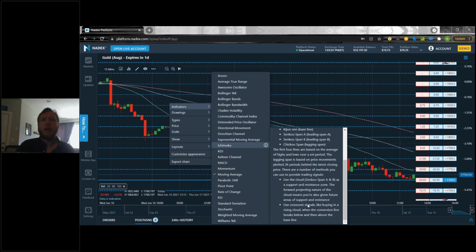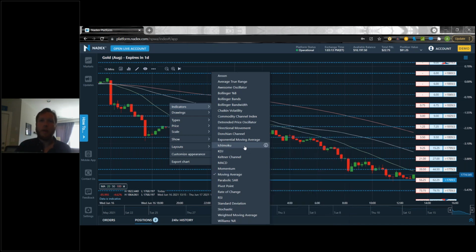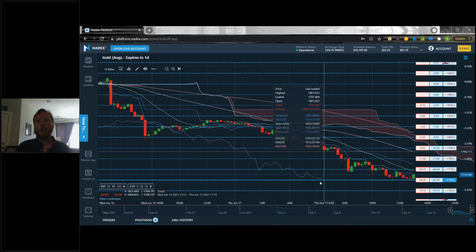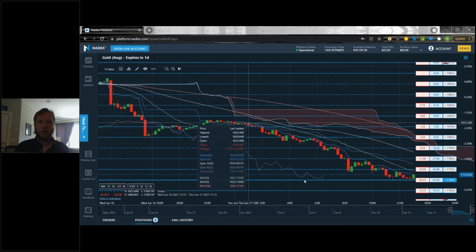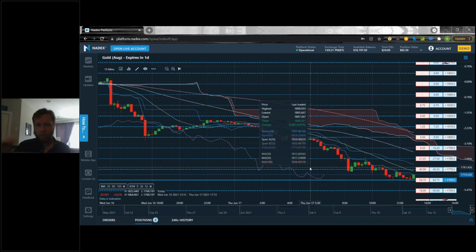And it gives you kind of an in-depth explanation. Now, it's not going to be the end-all, be-all explanation of each indicator, but it does give you a good starting point for learning what the indicators are. So I can say, oh okay, I want to add the momentum indicator. I can overlay my Ichimoku and see that all overlaid on my chart itself.